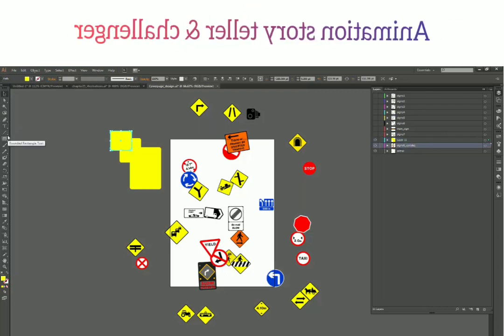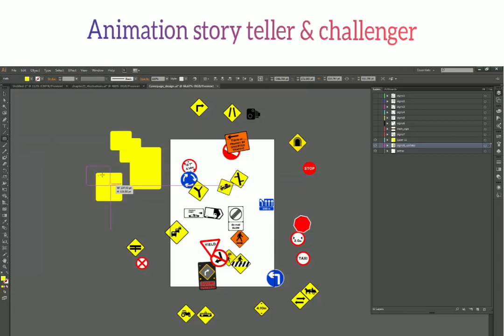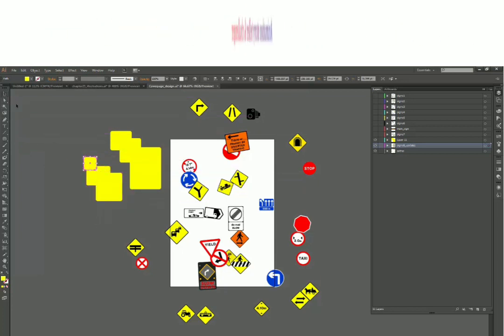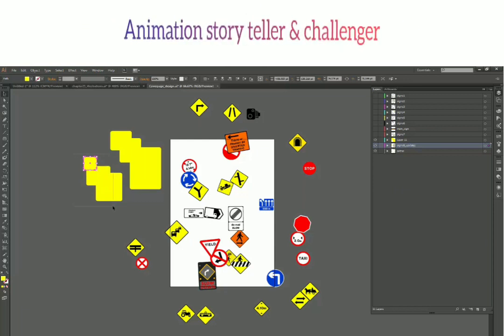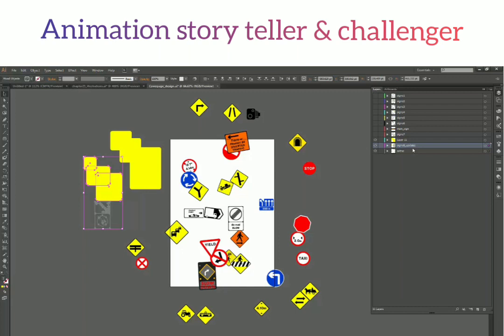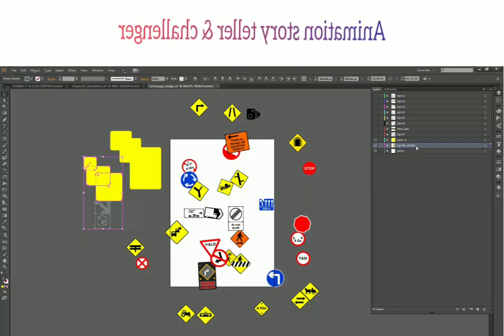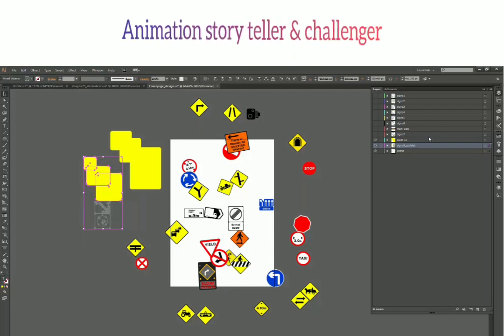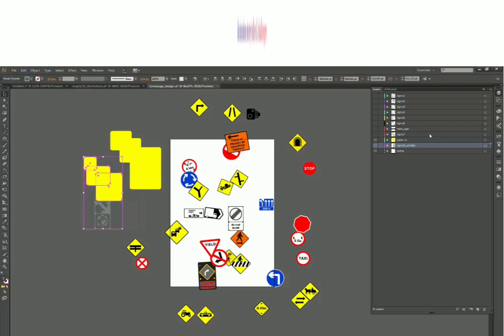Again, if you select any other layer and you're drawing shapes, then those shapes will be inside another layer. So make sure that you have your layer selected before you're drawing so that you know in which layer you are actually working.